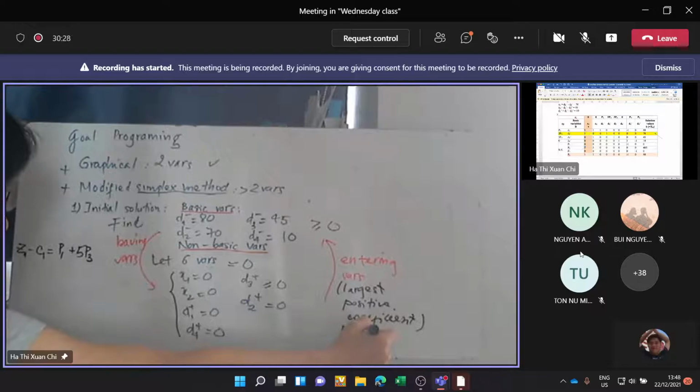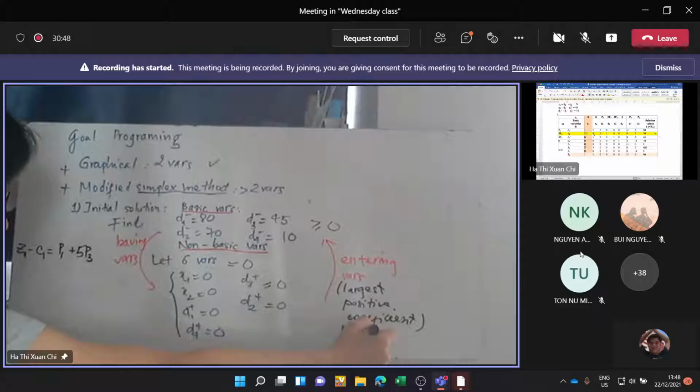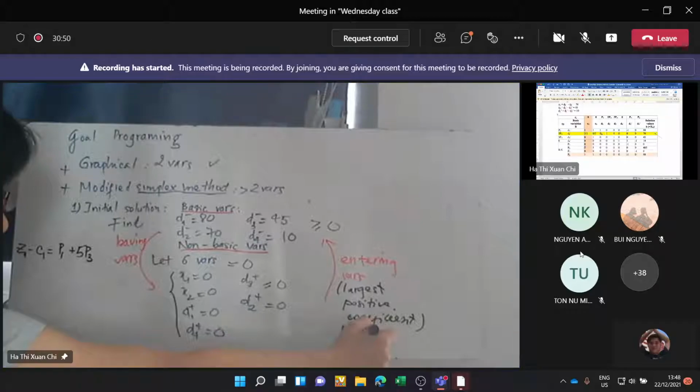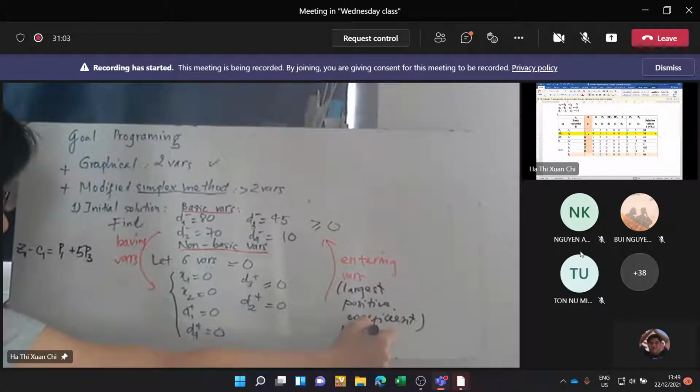So, okay, the intersection of the pivot column and the pivot row here, that's value. The value here already equals 1. If this one equals 2, you must divide by 2 for all the rows, right? Make sure that the value in here must be equal to 1. But this one is equal to 1 already, so we don't need to consider anything. This is number 1.